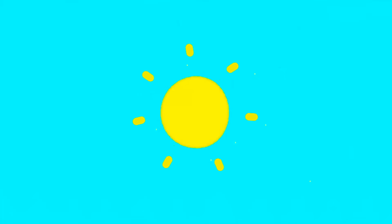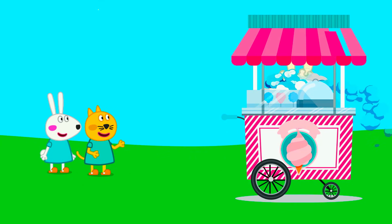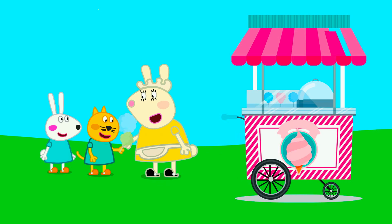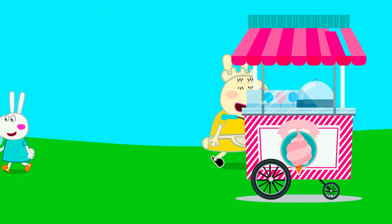On a fresh morning, Peppa and her little brother George were playing in front of their house. Suddenly, they heard a cheerful jingling sound coming from afar. Rabbit and cat friends quickly ran over, each holding a fluffy, sweet cotton candy stick. They excitedly shouted to Peppa and George,